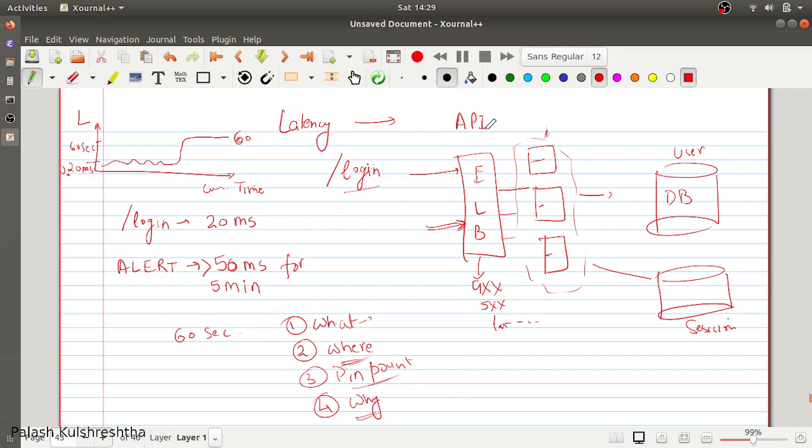For working with this, we have to first of all hypothesize what the system architecture could be. If you're asked how you will go about debugging it, first of all you will have to ask what the system architecture is, and if he says to assume, then you have to make a simple system architecture in your head of what all the touching points can be present in your system.